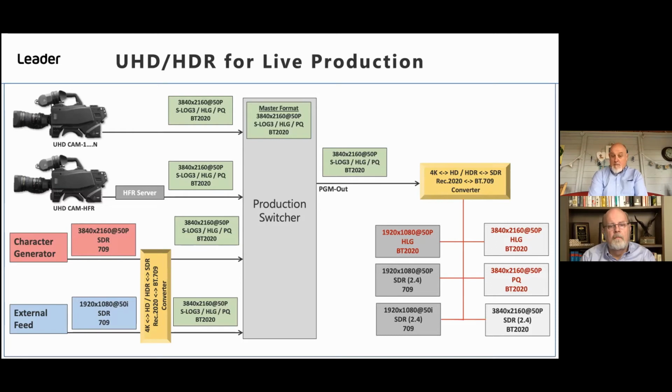So one of the big challenges we see at the moment are character generators, because unlike the cameras, which most of them have the ability to output both standard dynamic range and high dynamic range simultaneously, these devices are just set to one range. There are some, but not many at the moment, that have the ability to do both. So what we look at is a conversion process that brings everything into the production switcher